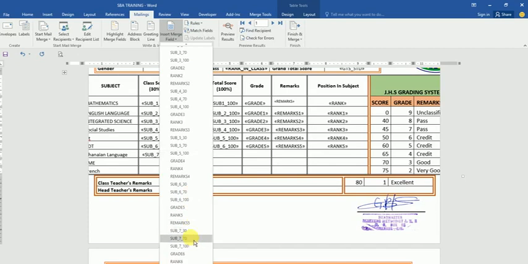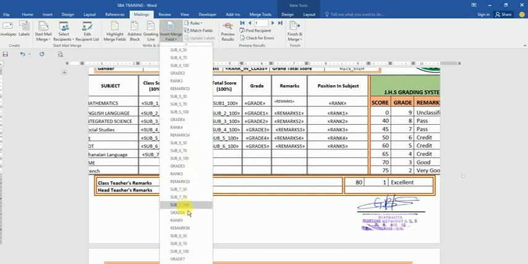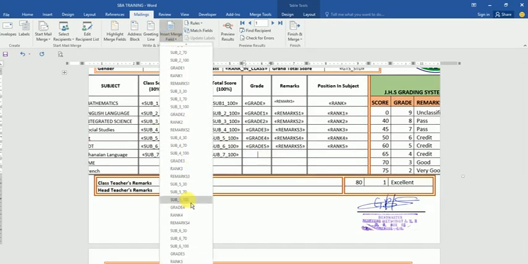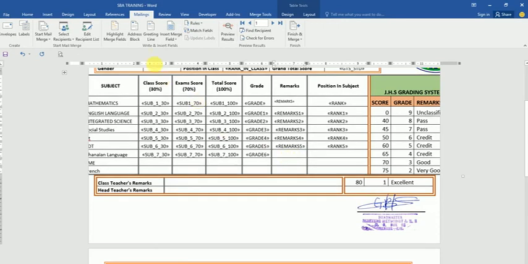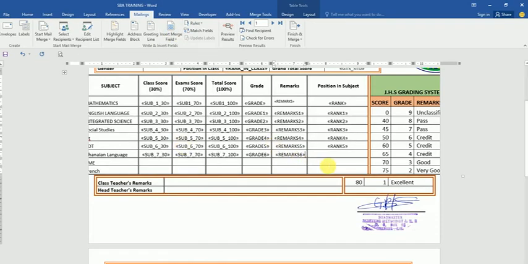Sub 770, okay, then sub 700, so as you check, you can see we have 1 2 3 4 5 6 7, so I have to check that one, this side to the same thing, this side to the same thing, then I'll come to this side, then we have sub 7 grade, sub 7 grade, then sub 7 remarks, sub 7 rank,